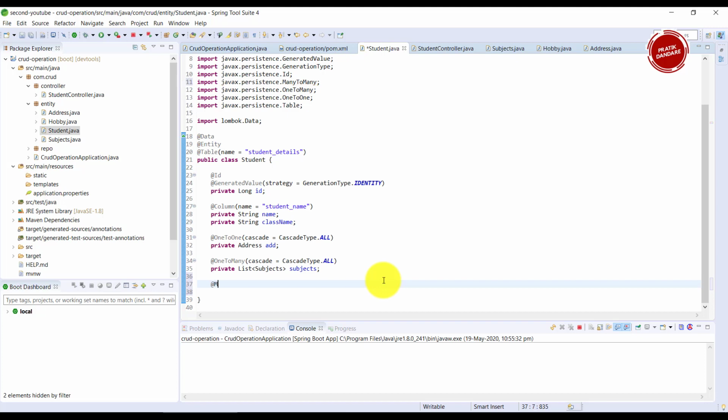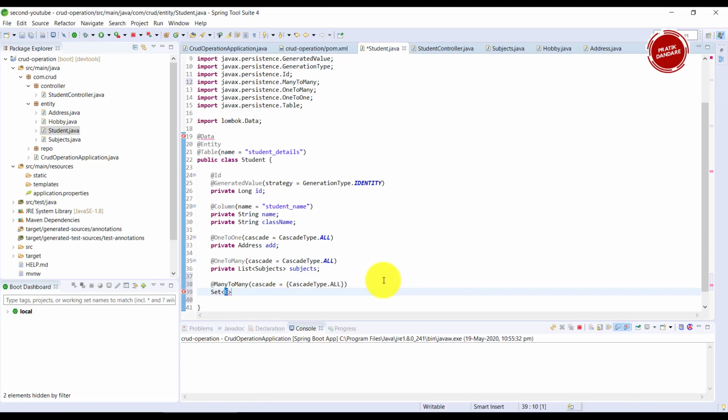We have the annotation called ManyToMany, and I am using cascade type all. It supports multiple operations, that's why we need to write it inside brackets here. So for many to many I am using a set, basically a hash set.